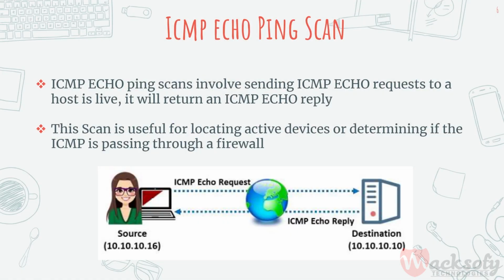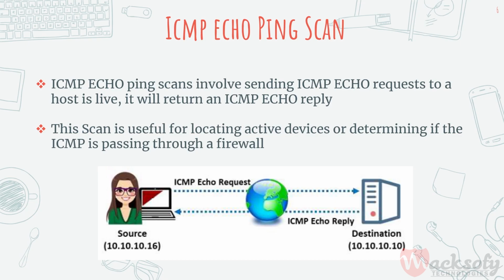Talking about the ICMP echo ping scan. Attackers use the ICMP ping scan to send ICMP packets to the destination system to gather all necessary information about it. This is because ICMP does not include port abstraction, and it is different from port scanning. However, it is useful to determine which hosts in a network are running by pinging them all. For example, over here the source is pinging the destination and getting the reply back.